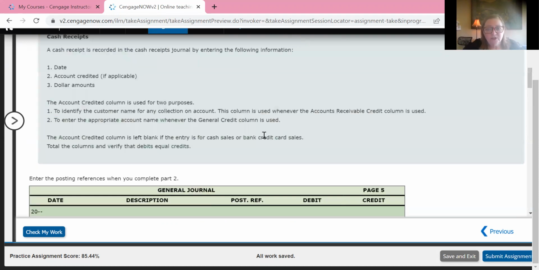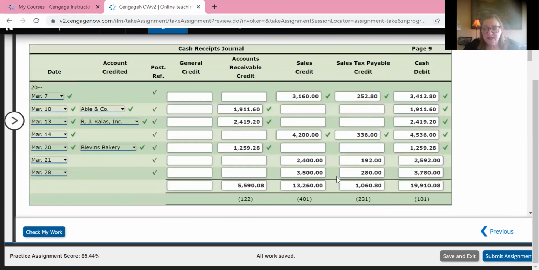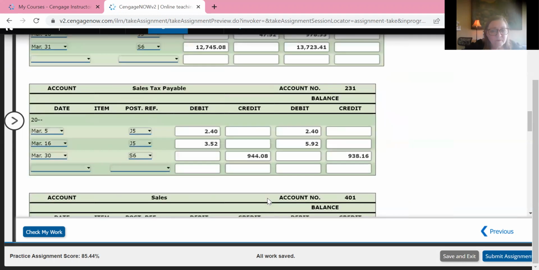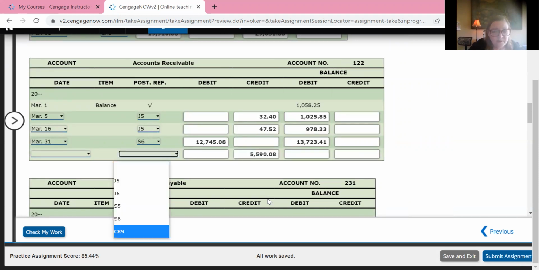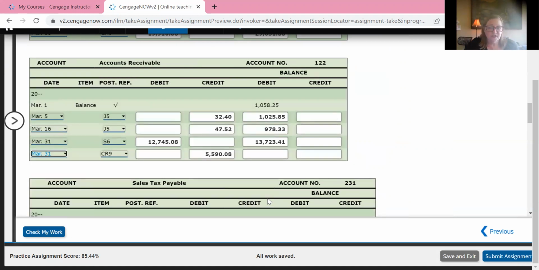Now I go back to my cash receipts journal and I look for what else should I post. I posted the cash. Let's go post the accounts receivable credit, 5,590.08. This is coming from the cash receipts journal. It's posted on the last day of the month. So then I just have to tally my account. I have a debit balance account,